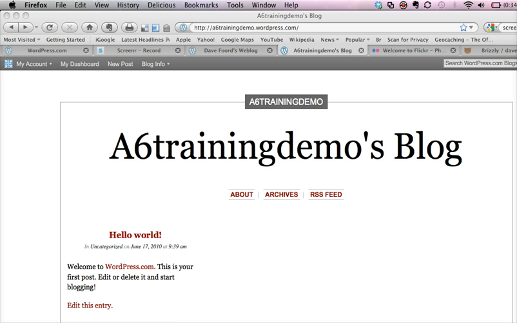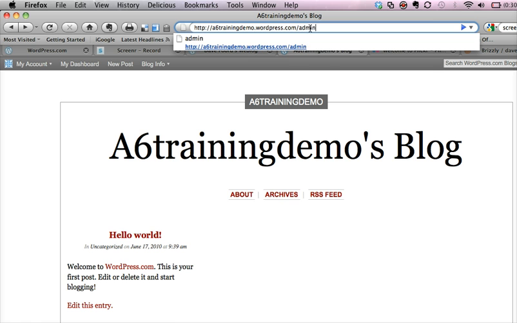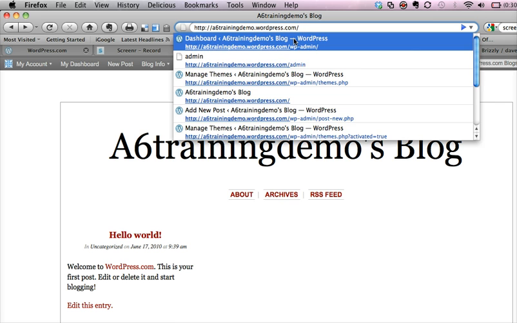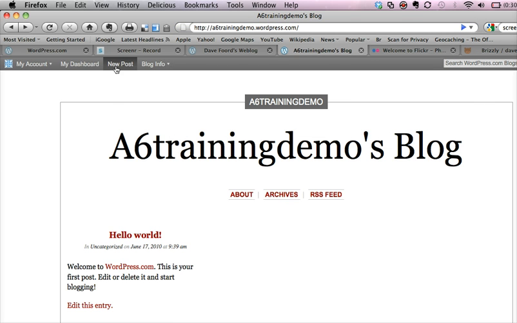Now there are various different ways of posting to the blogs, but assuming that you are logged into your account, then you'll have this little grey bar appearing at the top and you've got the option of new post. If you don't have this appearing, then the easiest thing to do is at the end of the address bar just type in the word admin. It will then give you the option of logging in to your WordPress area, and this will then appear. Now, we're already logged in, so I don't need to do that. So I'm going to go to new post,